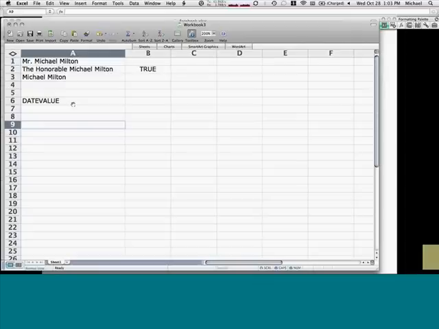And to answer your question, Catherine, there is a package that allows you to use R functions from within Excel. It's not one that I've used before personally, so I can't recommend it, but it is possible to integrate the two platforms if you want to do that. Okay. Does that cover it?